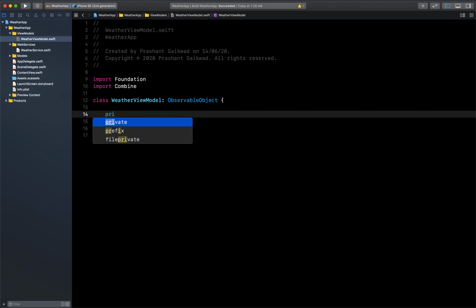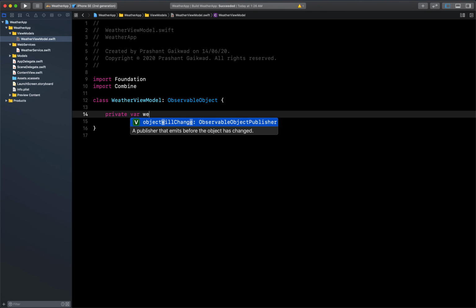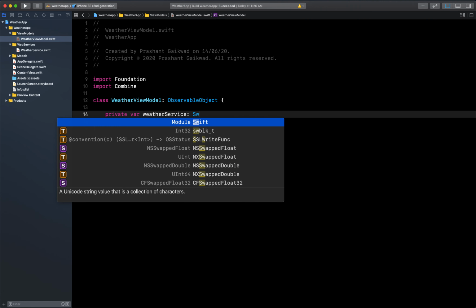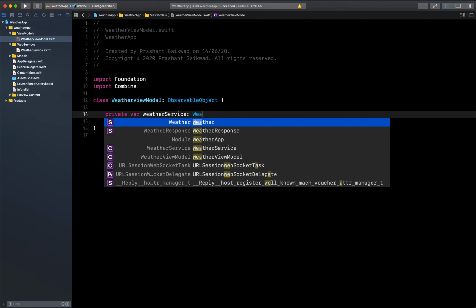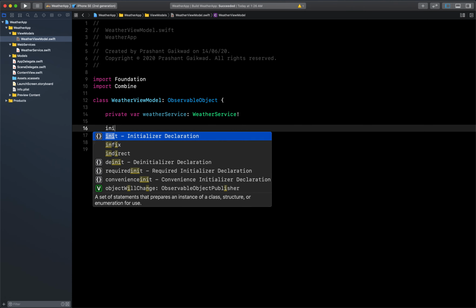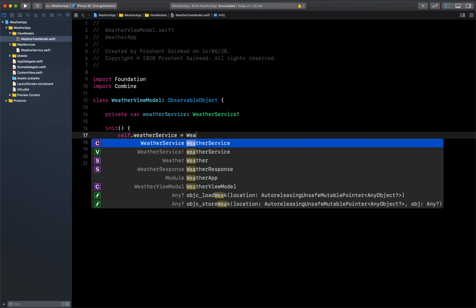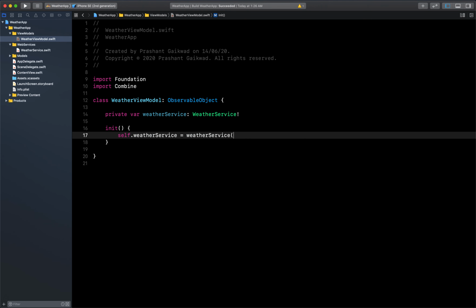So let's create a private var weather service, which will be of type weather service, and let's initialize it in the init block as self.weatherService equal to WeatherService.